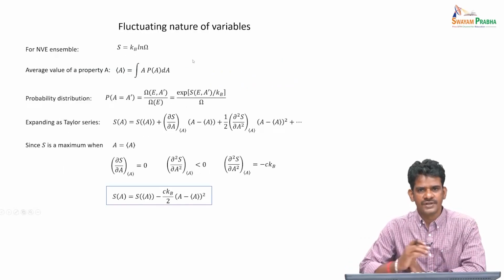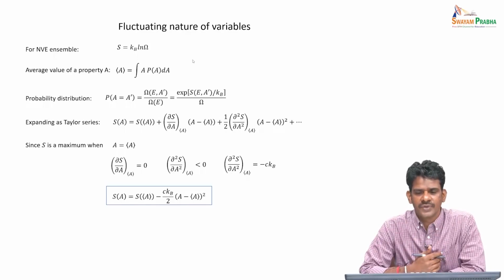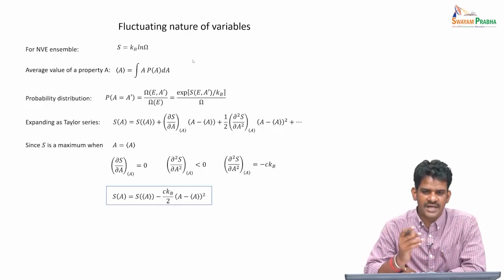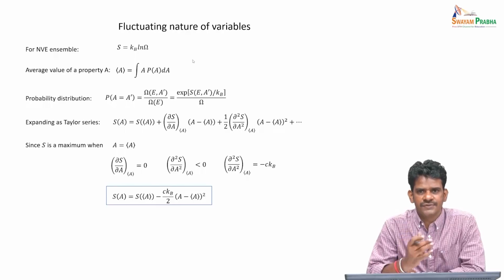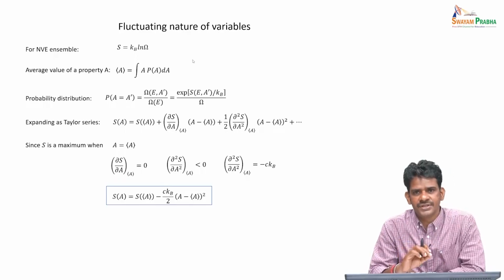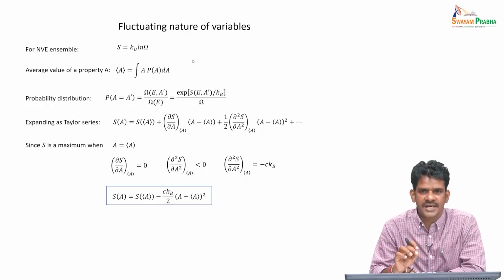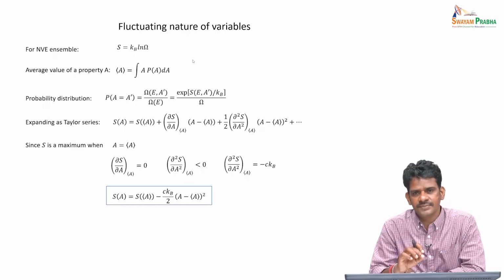Before we go further in calculating errors in MD simulation results, first let's ask what is the nature of these fluctuations and what kind of distribution they have. I am going to show a simple derivation that demonstrates that any thermodynamic property that we measure in MD simulation, under true equilibrium conditions, will have a Gaussian distribution. That means it will have a mean value, and then a standard deviation.